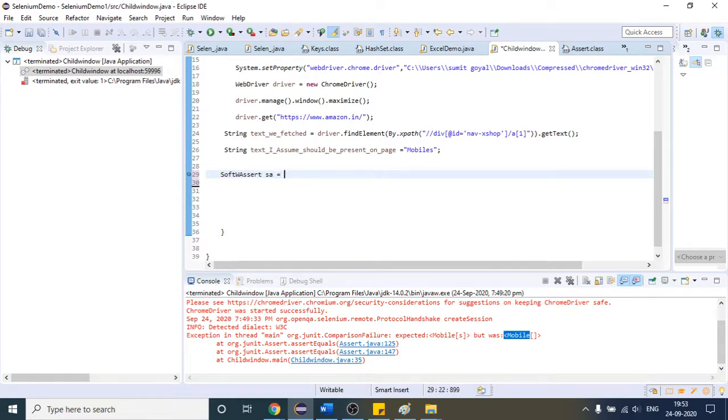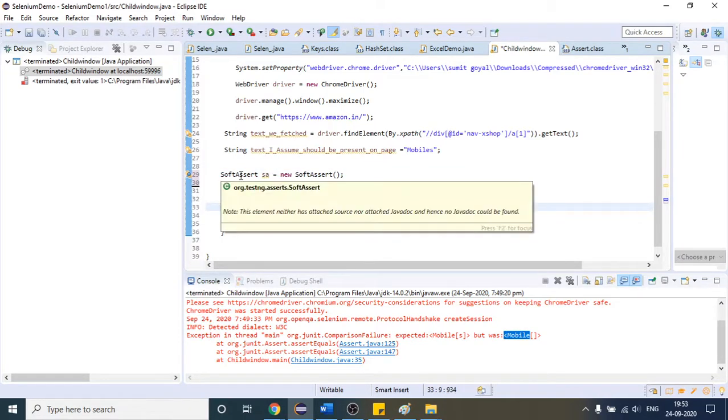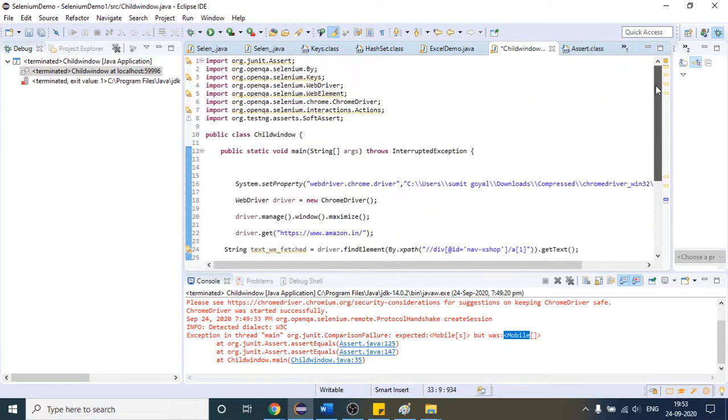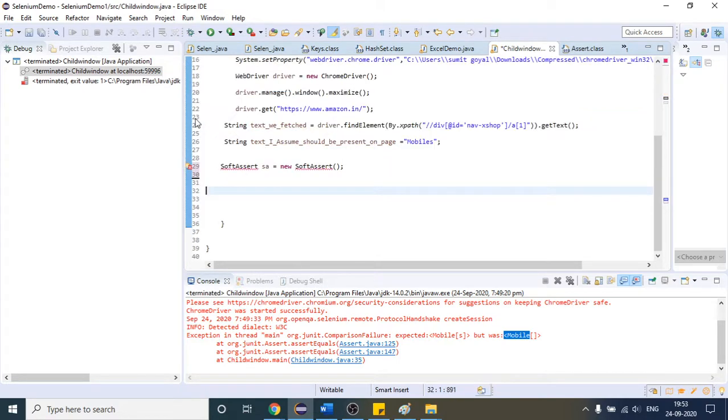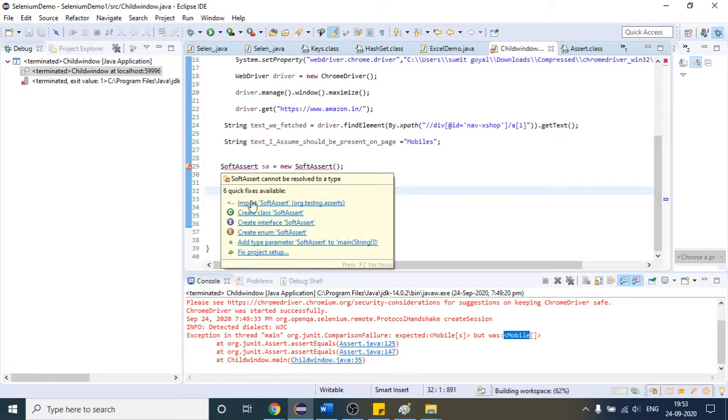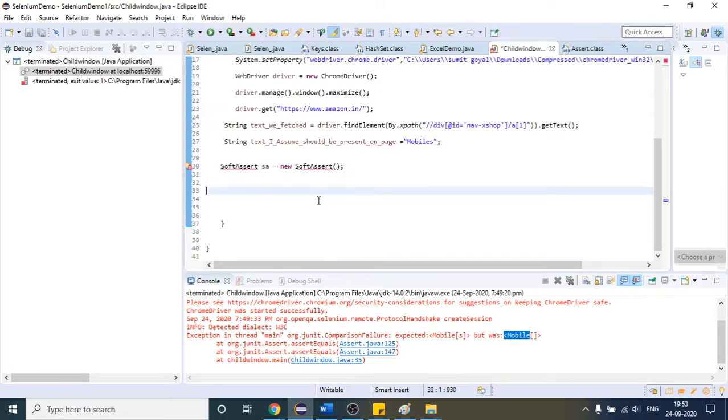Let me write the object like that, with new SoftAssert. If you do not have the package, when you do it the first time you will get an error here. Just hover your mouse and click import, and that will import the required package.